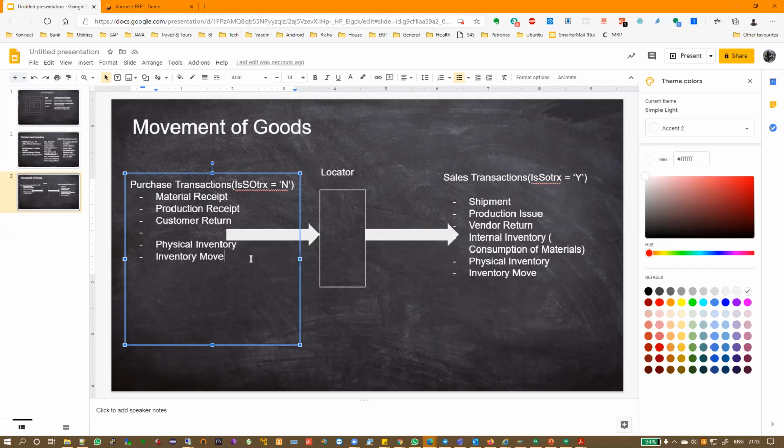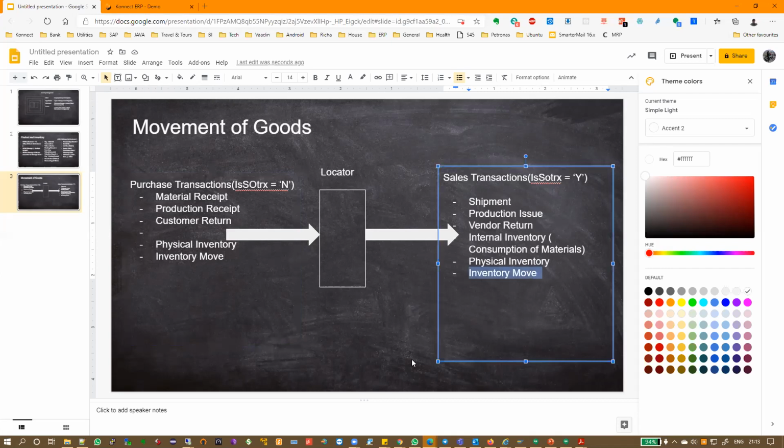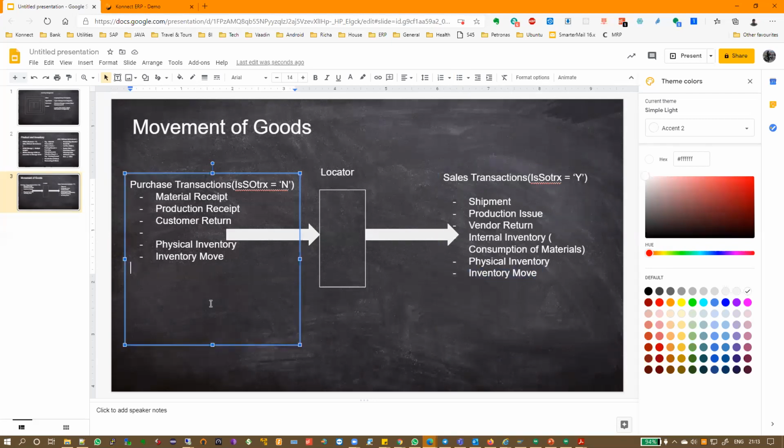Subcontracting inward outward. There is no actual transaction for that, Rishikesh. The actual transaction that is happening in the back end is inventory move. Yes, the front end is the subcontracting movement document, but the physical document doing the transaction in the back end is inventory move. But still there is one more transaction which I'm missing here.